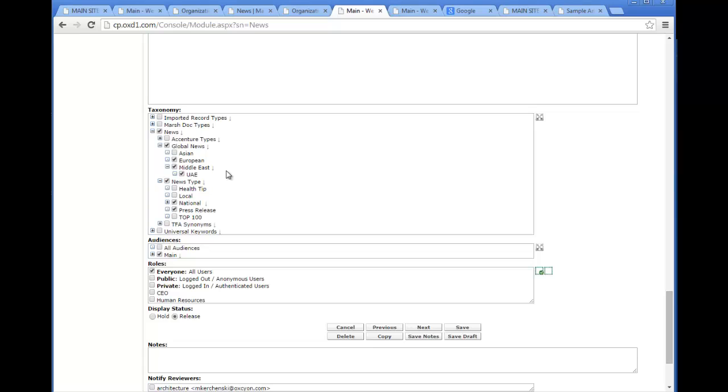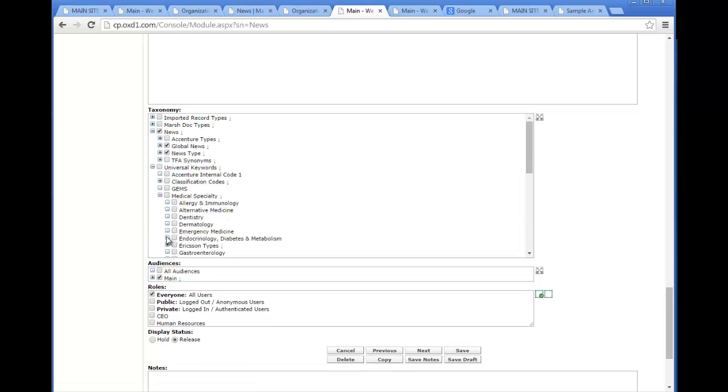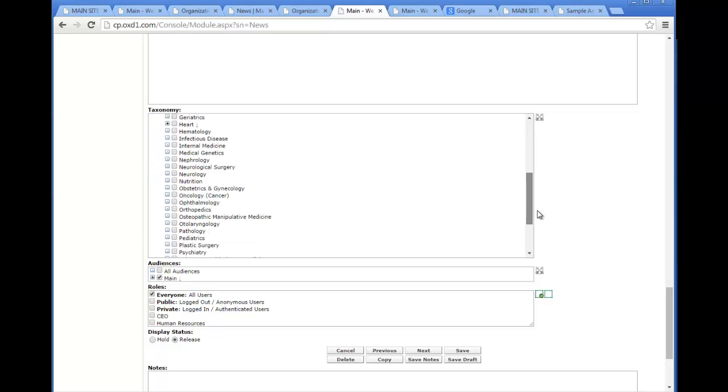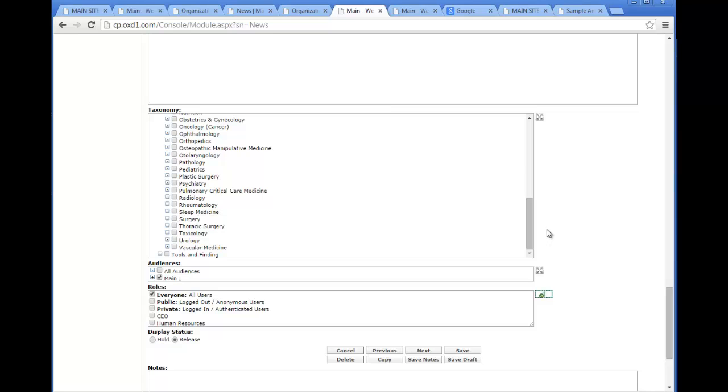Now, another neat thing we often do with taxonomy is, besides the taxonomy of the record, you know, a press release for United Arab Emirates, Middle East, we can also have a parallel taxonomy. So for example, in addition to the news types, we can also say, in addition to what kind of news it is, it might also deal with medical specialty known as dermatology. So that means that we can have multiple tiers of taxonomy working in unison so that we can serve different